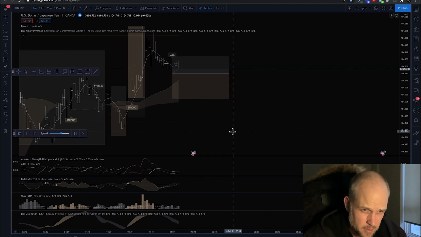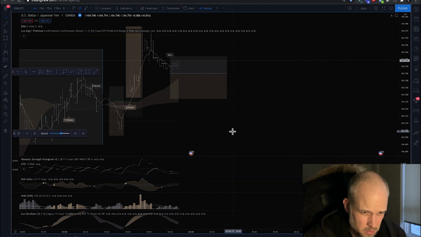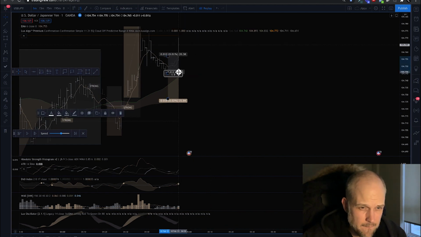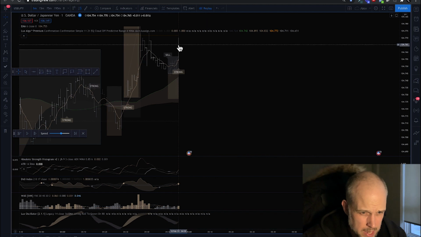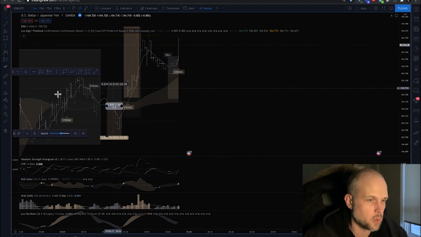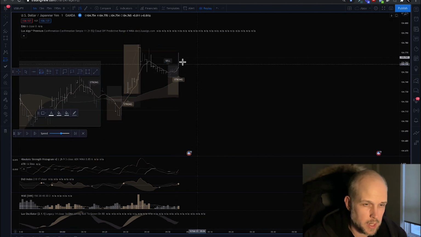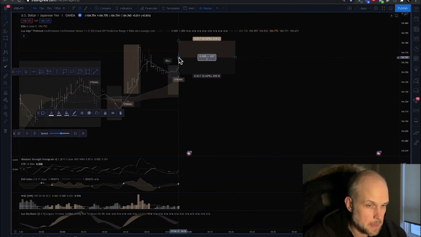Still hanging out there, coming back down. Now I've got still only 1 indicator showing going up. And boom, there's my stop loss. But simultaneously, now we have 3 indicators, 4 indicators showing that we have a bullish trend. And so I'm going to go ahead and open a trade. And we are headed